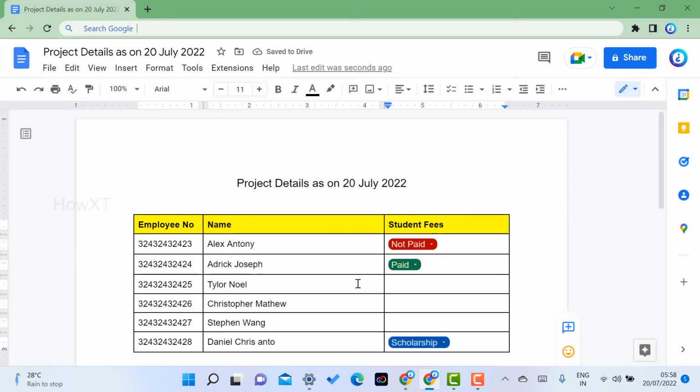So this kind of drop down is given by Google Docs to create different kinds of documents